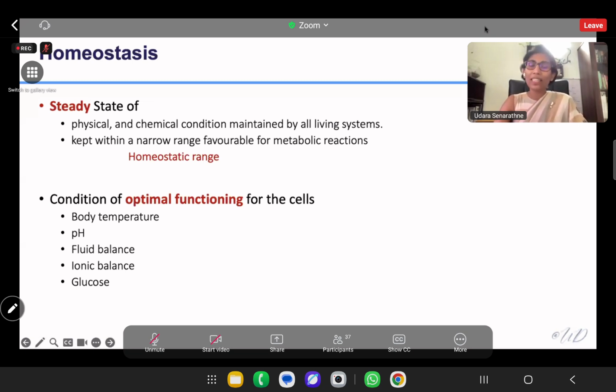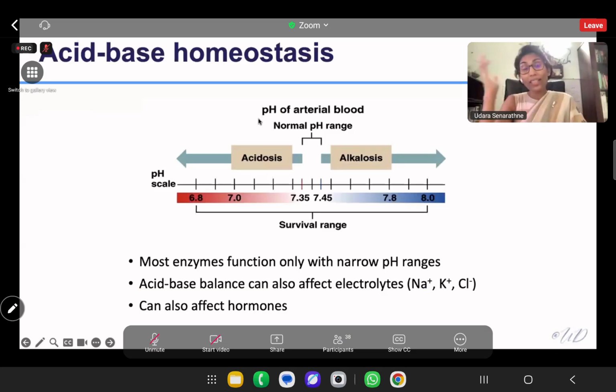Why? Because we are based on functioning enzymes and they need good temperature, good pH, everything. They need everything to the point. So we need to maintain this steady state, or the homeostasis. So when it comes to the acid-base homeostasis, we maintain it at